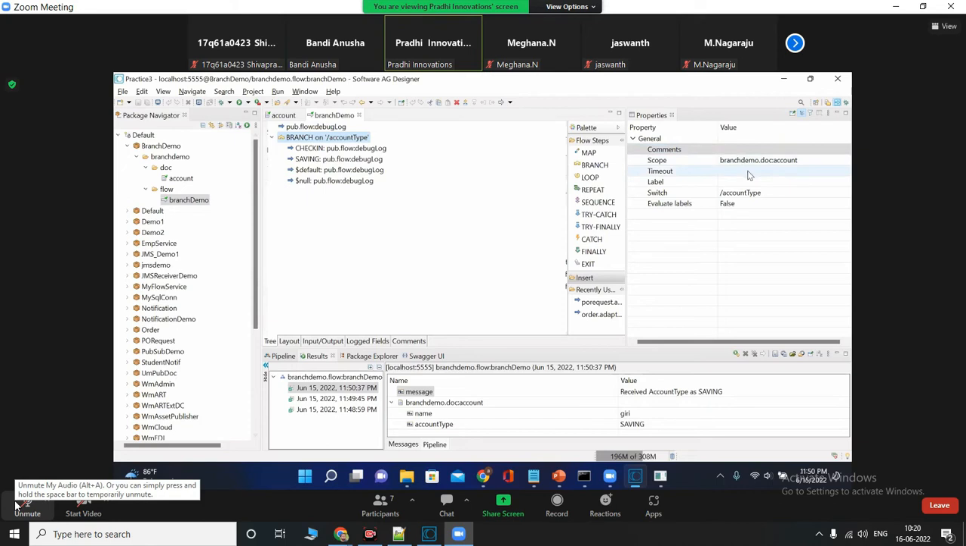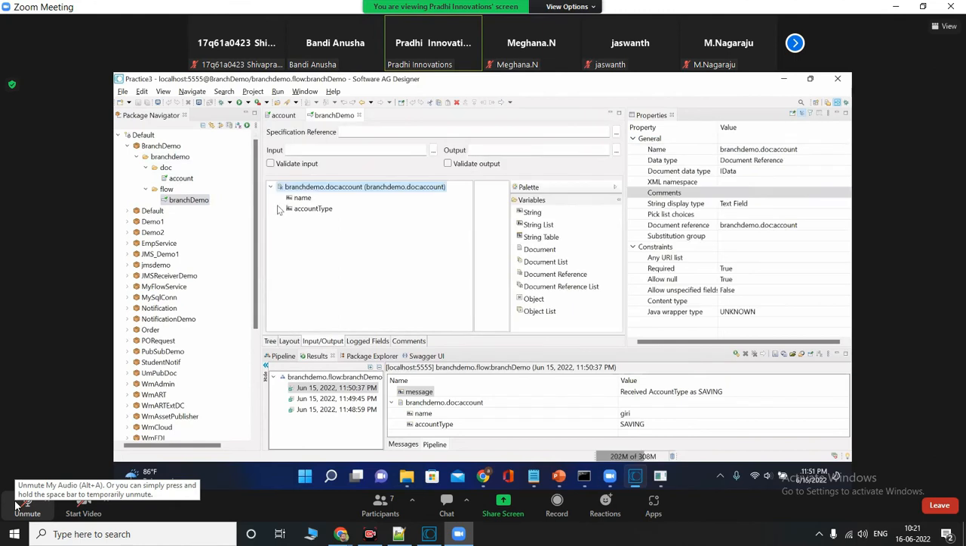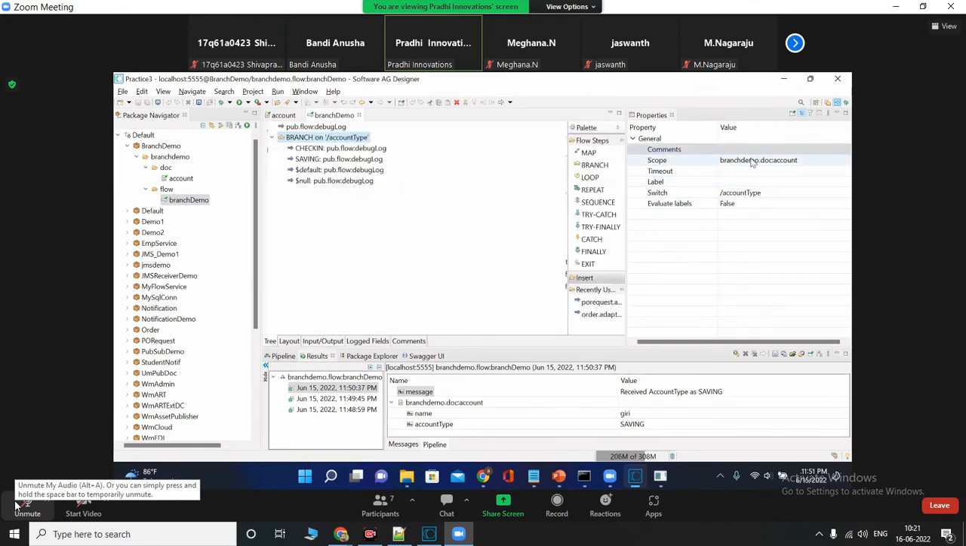Are you getting it? Suppose I'm not creating a document separately, then whatever is there, let's say account is the name, account type, without namespace it works. Everyone got this one, right? Why do we need scope here with a namespace? Fully qualified namespace. Any questions here? No. I know no questions, but